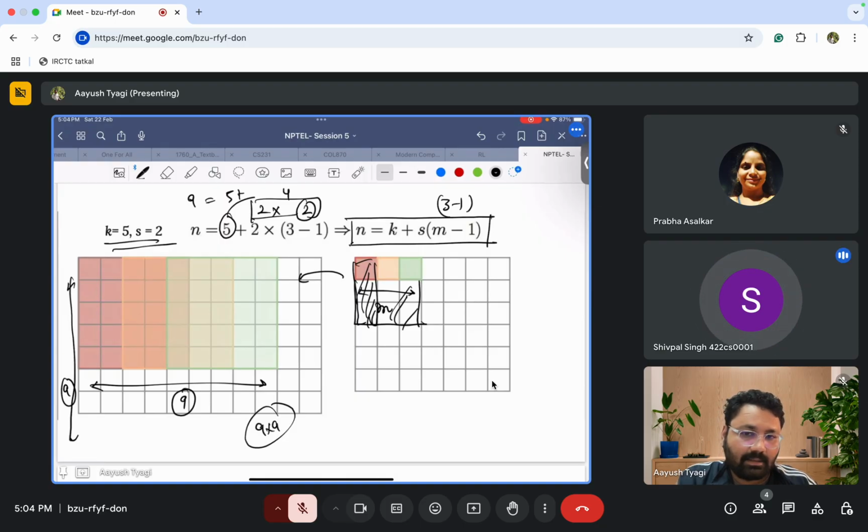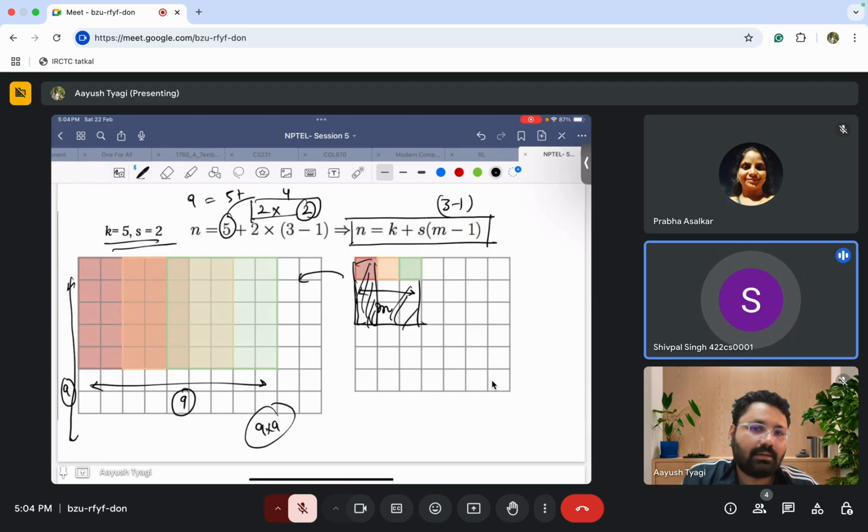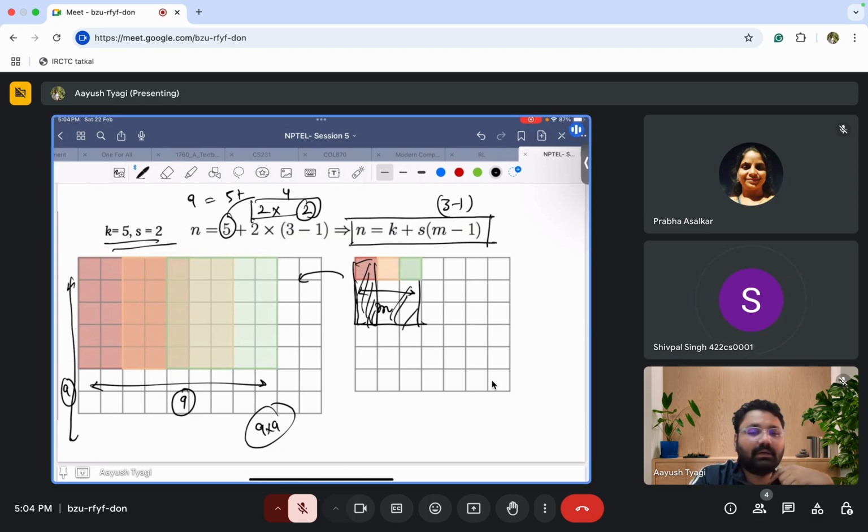Sir, what is the utility of this receptive field? What physical or logical significance can we draw from this? Okay, I'll come back to this. There are two significances. That's what I say. First one is